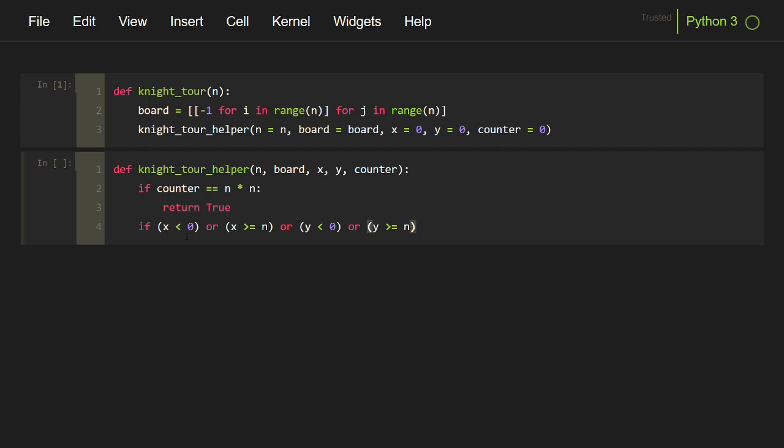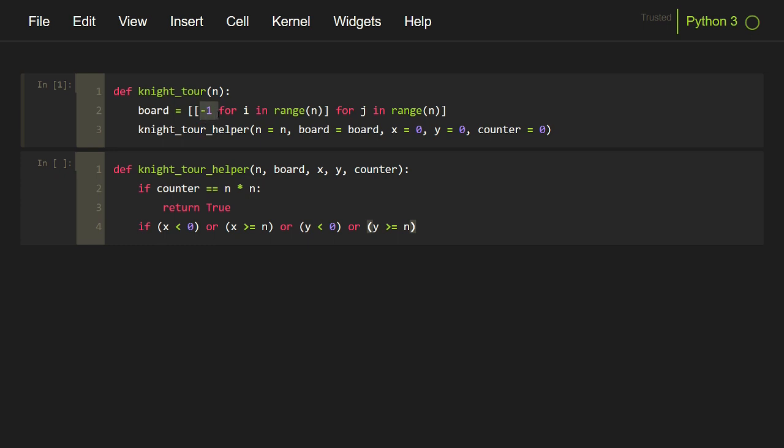One more case is there, like in the problem statement we have discussed that the knight should visit each cell only once, and we discussed that we will be updating this board cell from -1 to any other value. So for checking whether the particular cell at the x and y position is visited or not, we just need to check whether the board's x, y index has a value of -1.